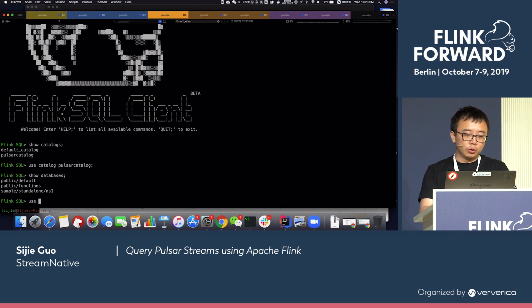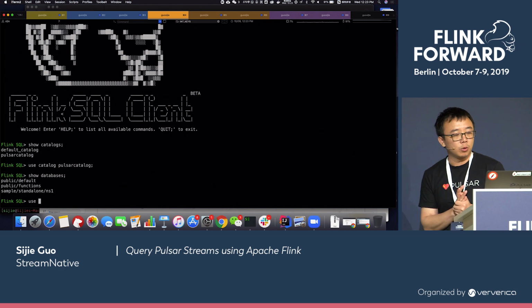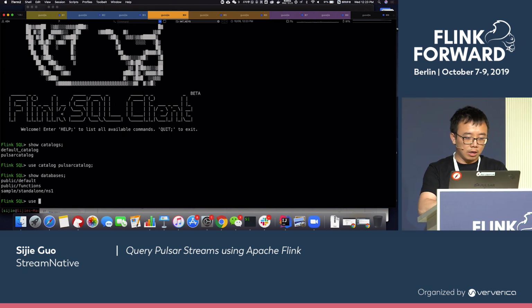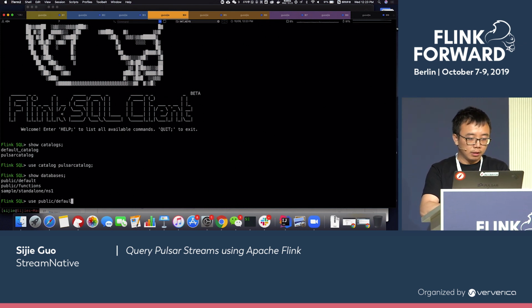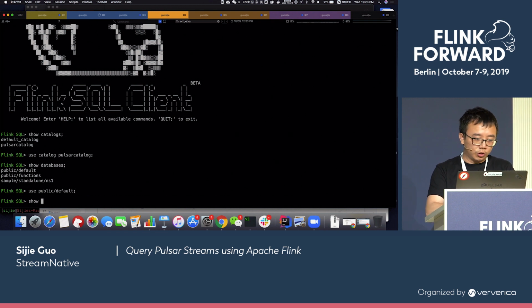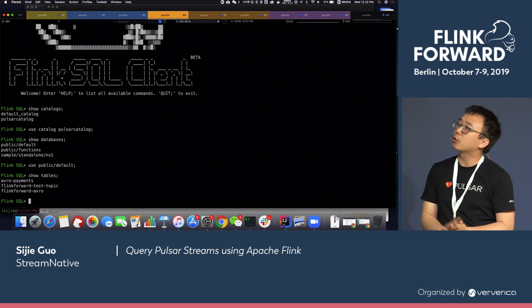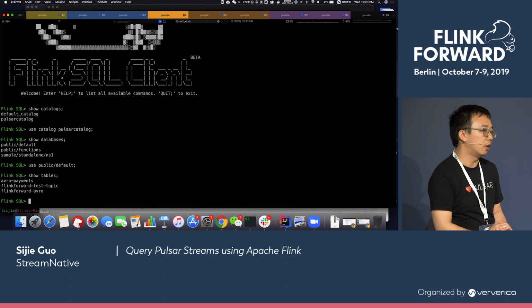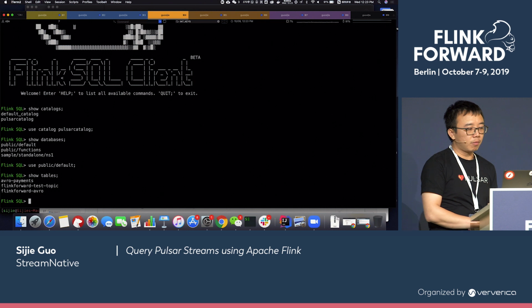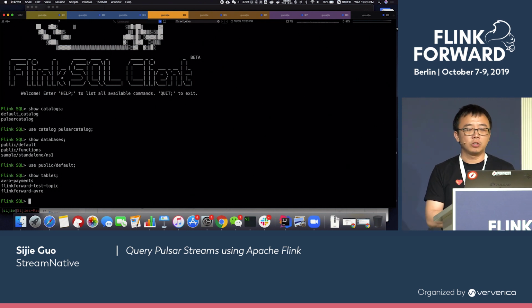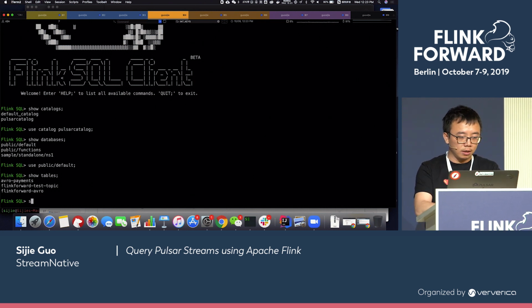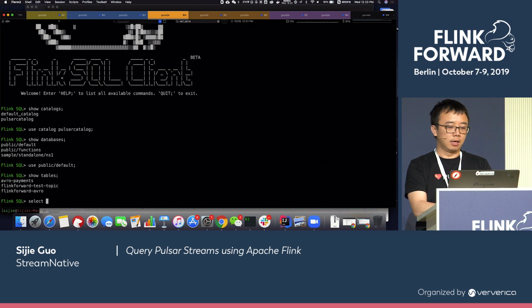Once you know which database you want to use, you can just use the database, and then you can show tables. So these are the topics. Topics will be mapped directly to Flink tables. Once you have that, you can run a SQL query on top of it.